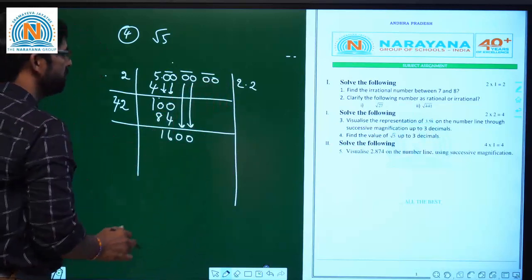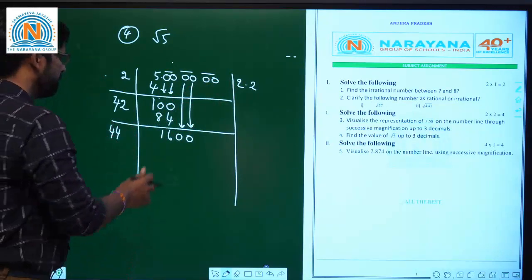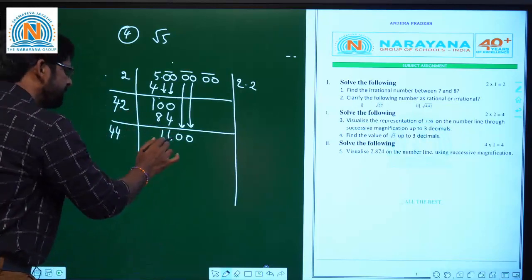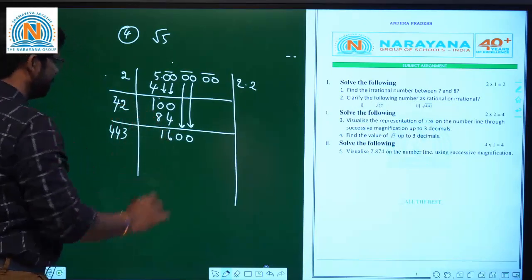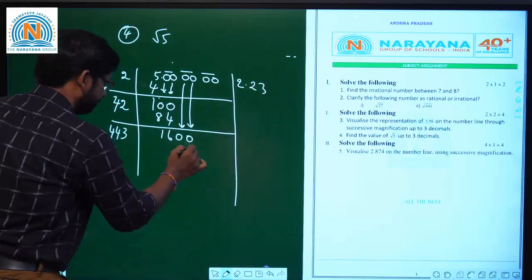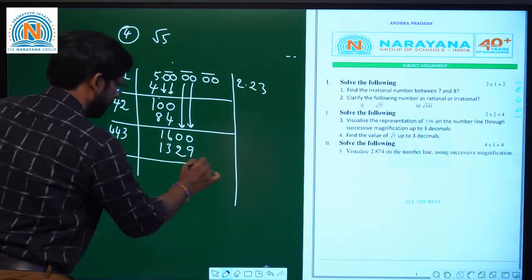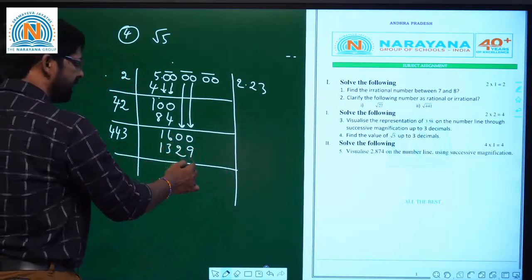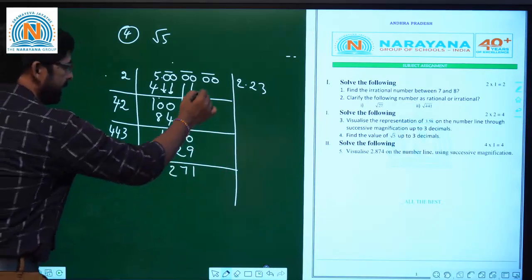Next, twice of the quotient. Here twice 22 is double, 44. Next, 160 is divisible by 44. So how many times is it possible? 3 times are possible, so you get 3. 3 3s are 9, 3 4s are 12, 13. Now subtract them, 1, 7. Why? Because 10 minus 9 is 1, 9 minus 2 is 7, so 52. Again, next pair, bring down.